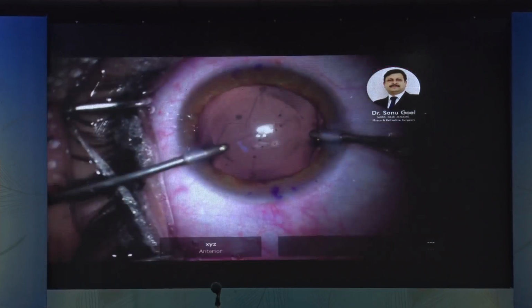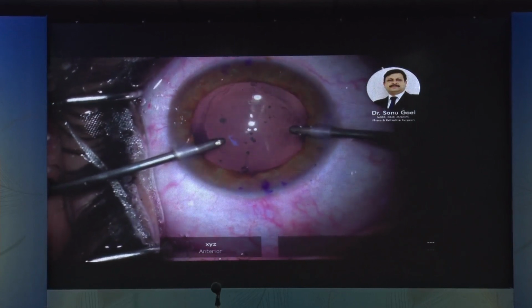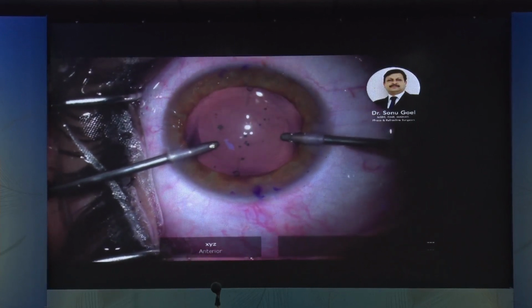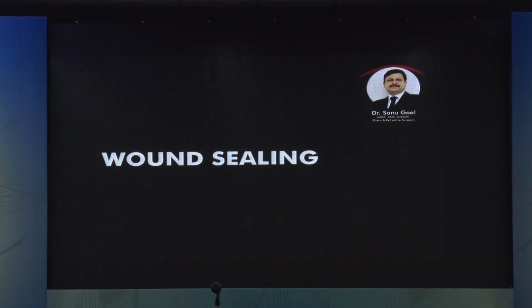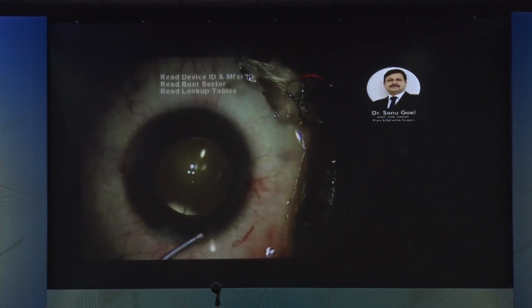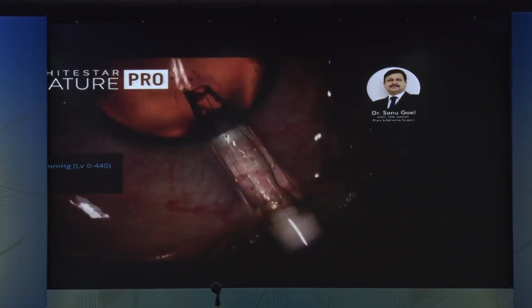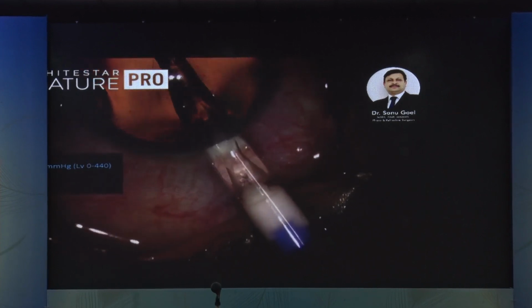The last step is the viscoelastic wash. An adequate viscoelastic wash is a must in all ICL surgeries because retained viscoelastic is the biggest cause of day 1 rise in intraocular pressure. The wound is then stitched. Either way, you do a hydro sealing of the wounds and the patient can enjoy good vision.